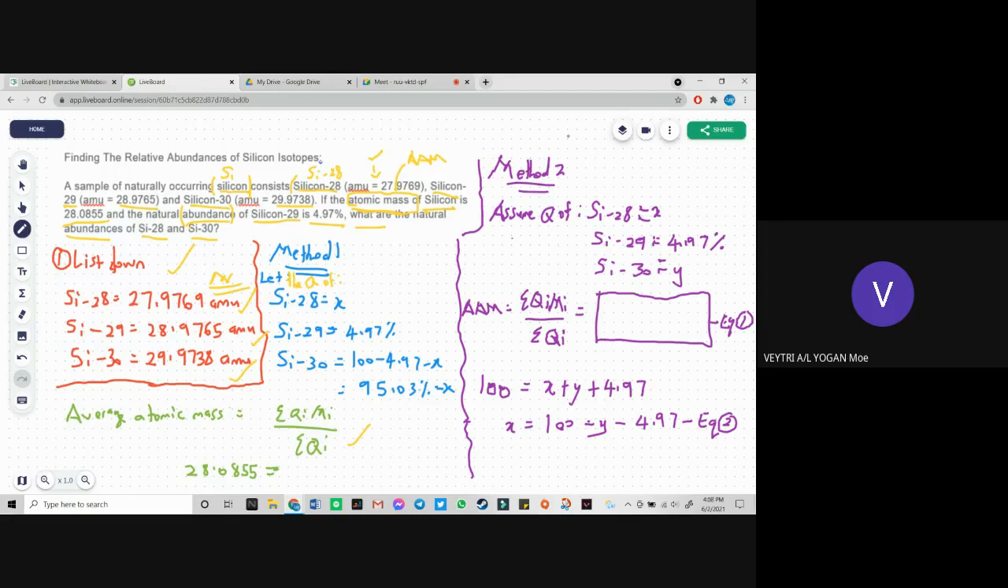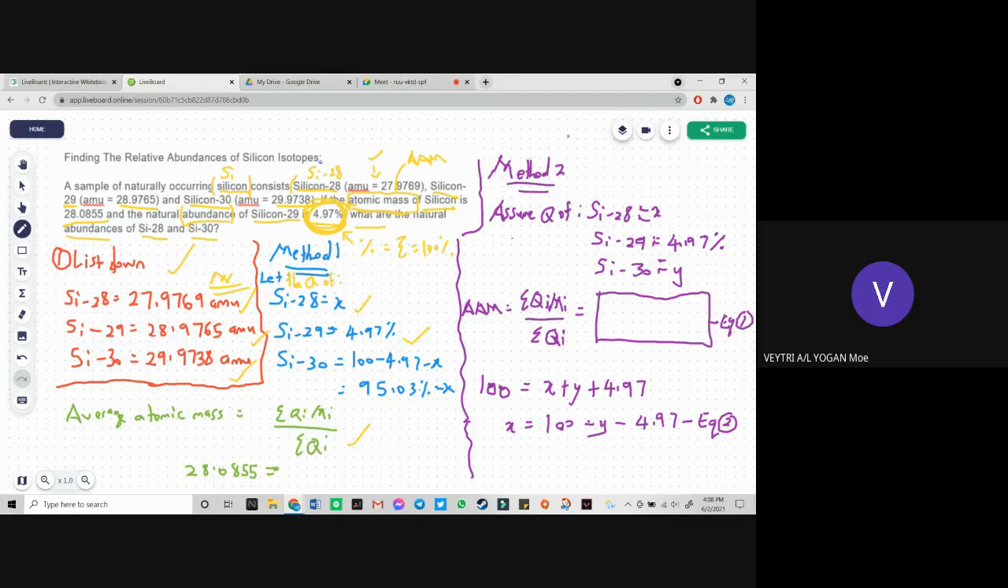You can write in the full term too. Let the abundance, Q, of Si28 equal X, because we don't know it yet. Si29 is given, okay, settle. Si30, okay. Look carefully over here. The abundance is given as a percentage. When it is given as a percentage, you know the total is